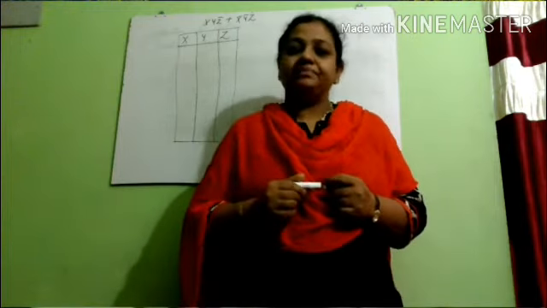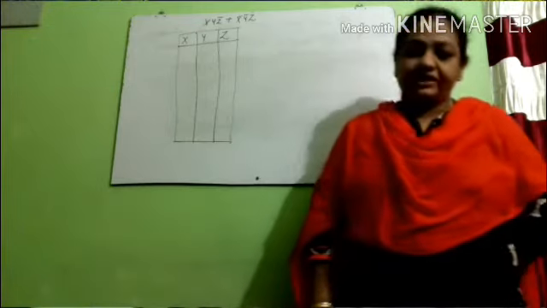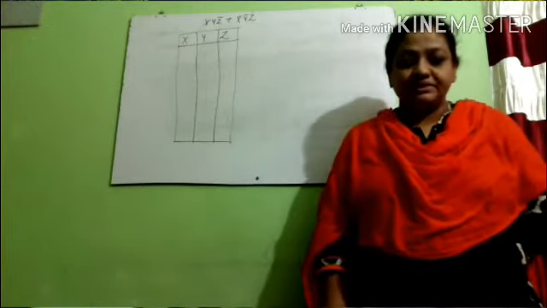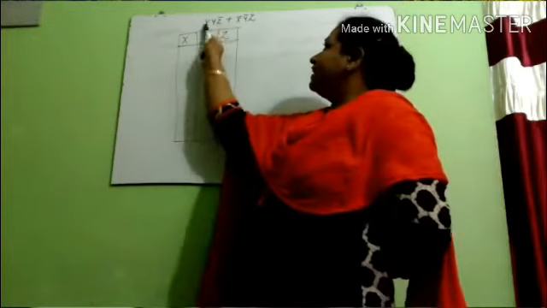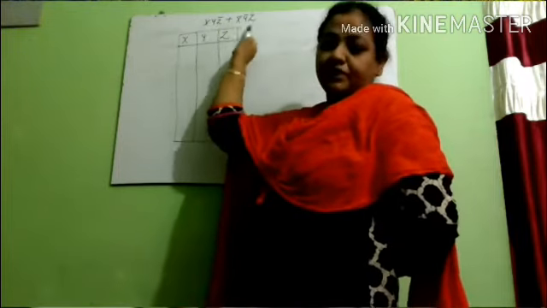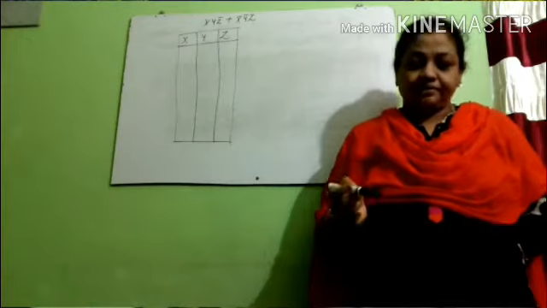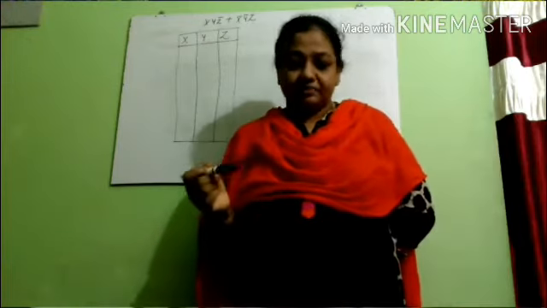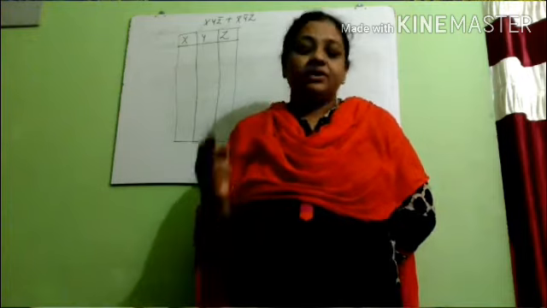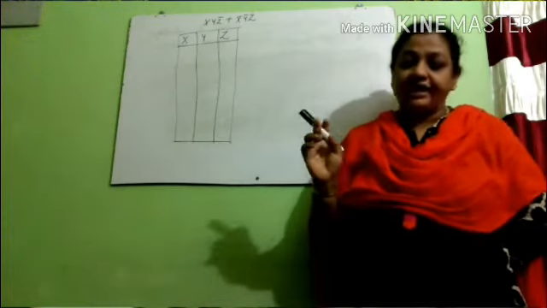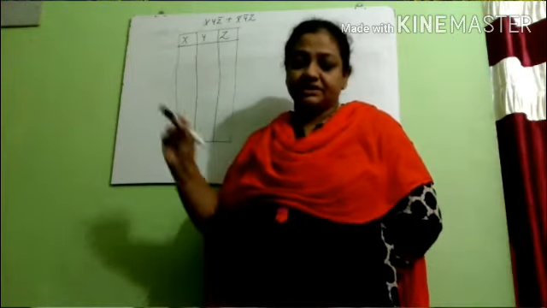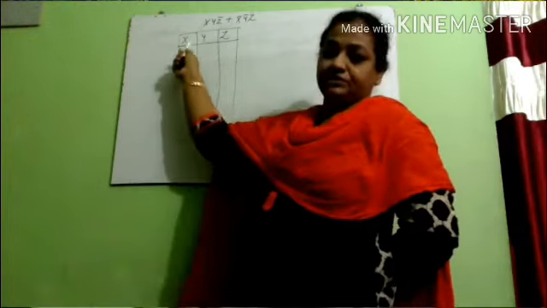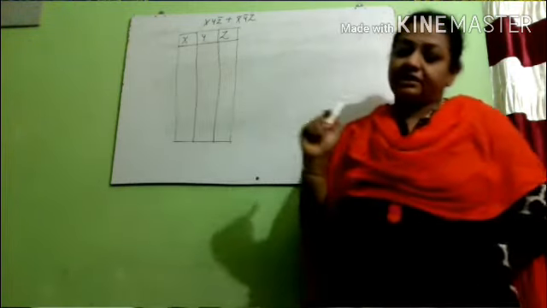Welcome back to the class of Boolean algebra. Last class I was explaining the construction of truth tables, and we started one example which we were not able to complete, and the example was x y z bar plus x bar y bar z. So I was explaining how we can draw a truth table when there are three variables. When there are three variables, there is a possibility of getting 8 combinations of inputs. Let us check out how these 8 combinations can be represented in the truth table.